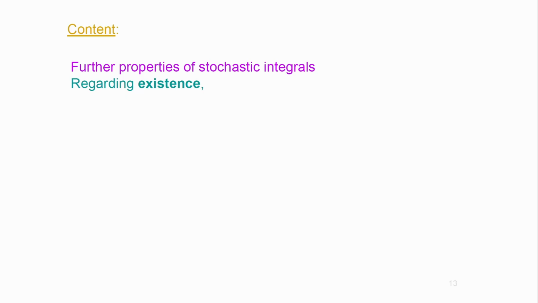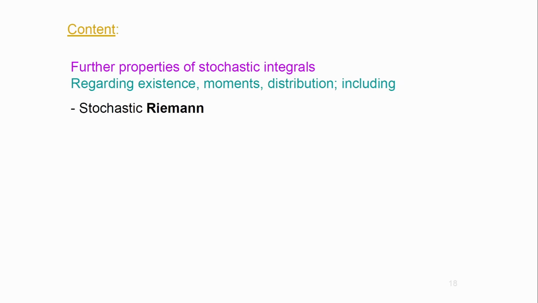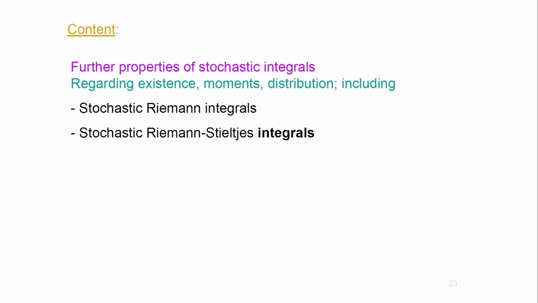We're going to look at the moments, especially the expectation and the variance. Of course, the variance is not the second moment, but it requires addressing the second moment. So that's why I would say moment, but also the autocorrelation. We're going to look at the distributions, and specifically the stochastic version of the Riemann integrals, which I'm going to extend here. Then we're going to look at the Riemann-Stieltjes integrals, and then the Ito integral.